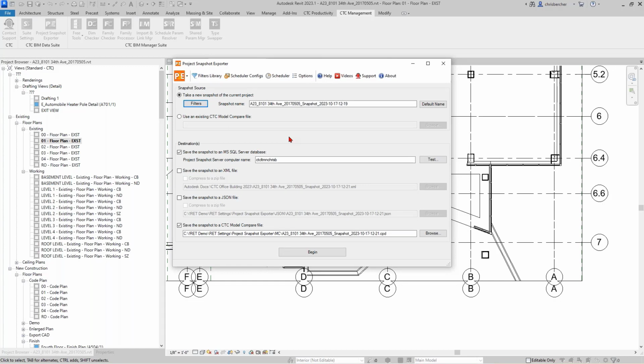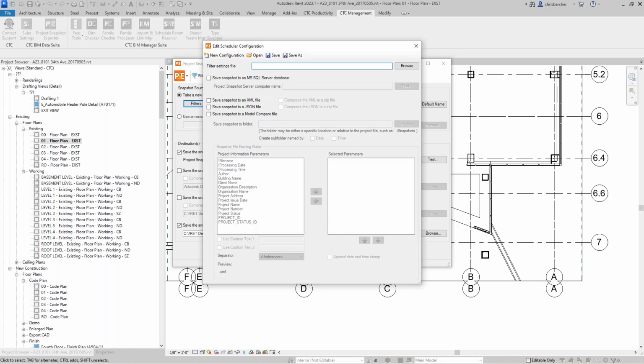You can modify it. I do recommend creating your own filters and saving those out. But at this point, I can click begin. But before I do that, I also want to point out that these can be scheduled to run on a regular basis. So you can build a scheduled configuration that runs with certain filters at a certain time, writing to the database or doing your XML/JSON/model compare file,